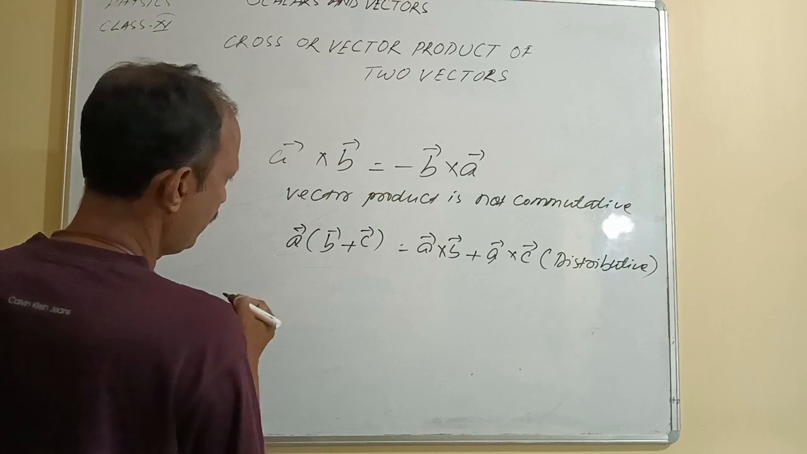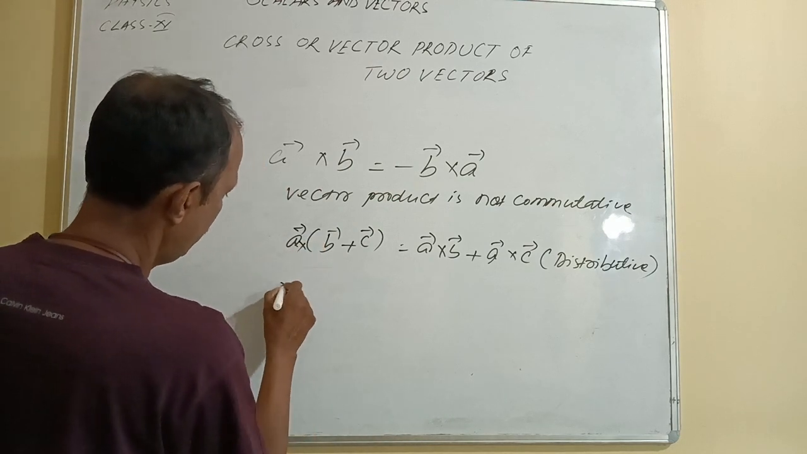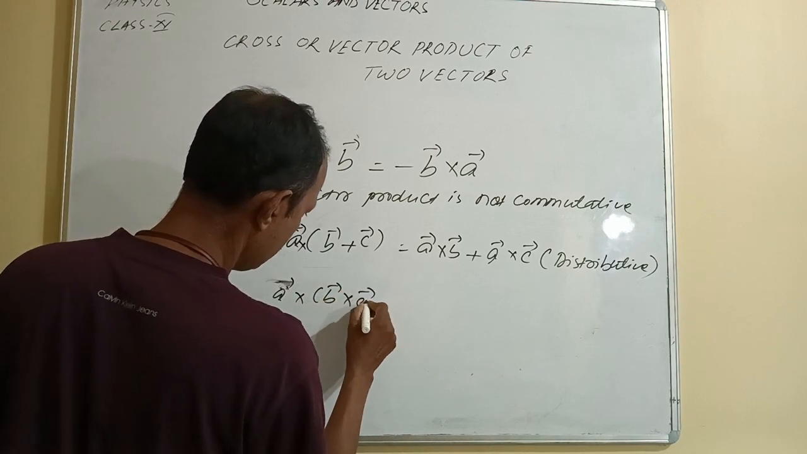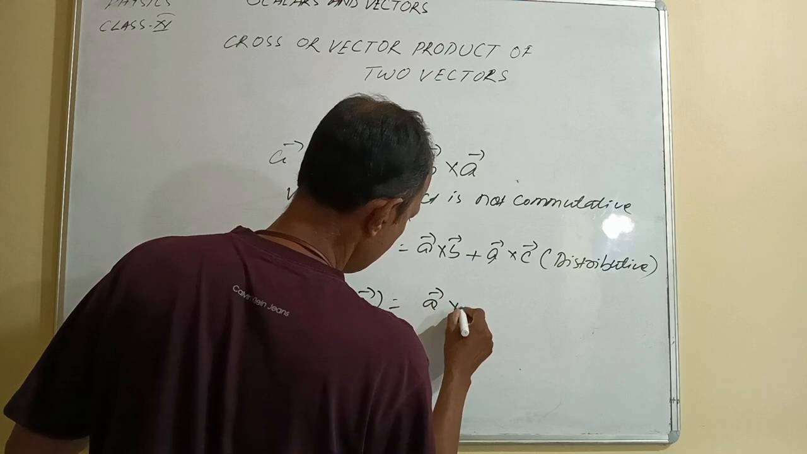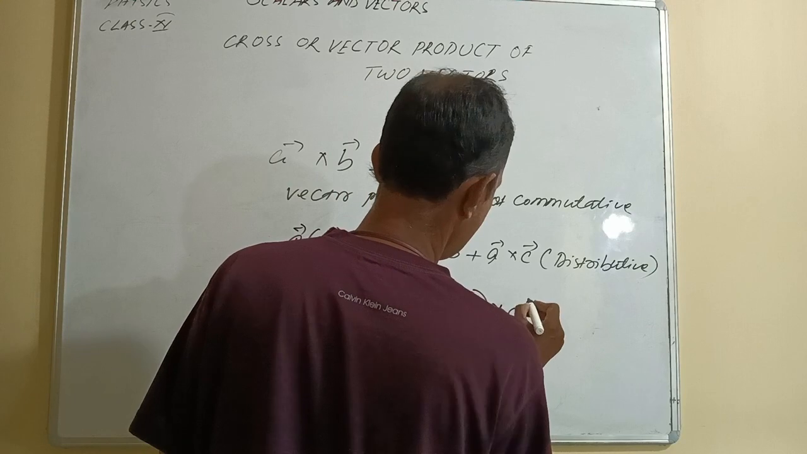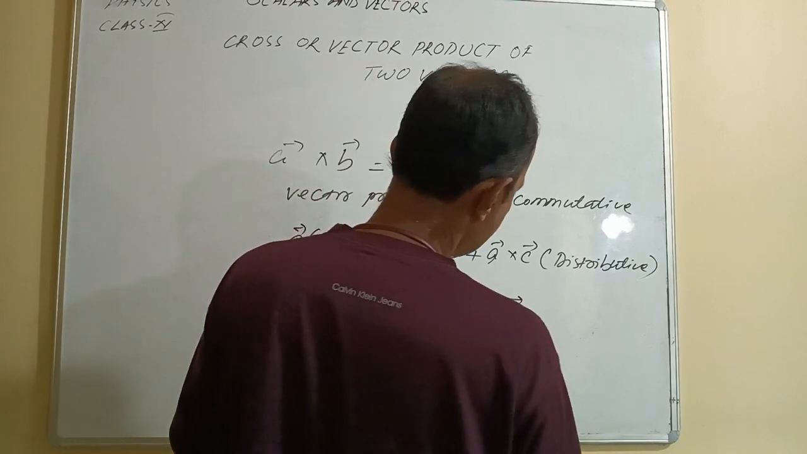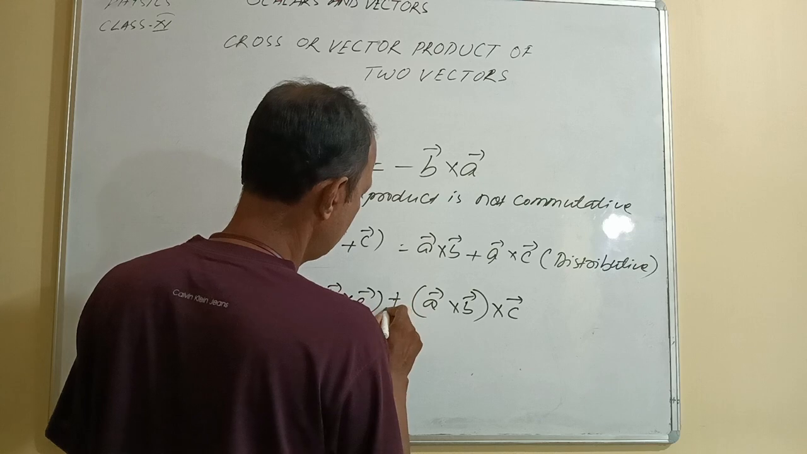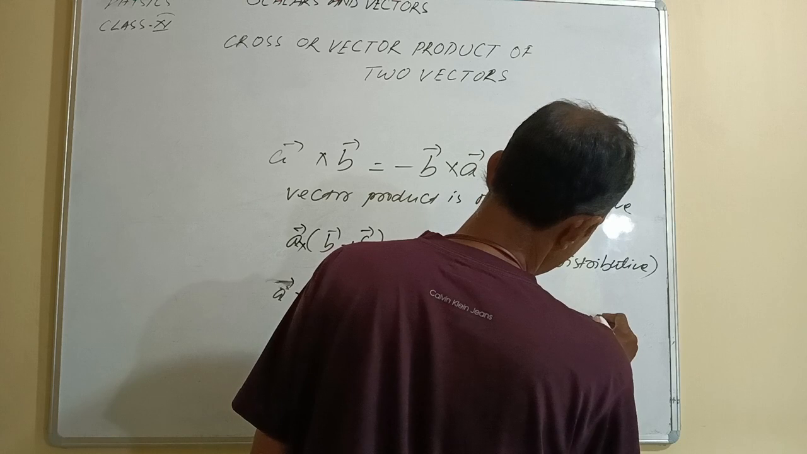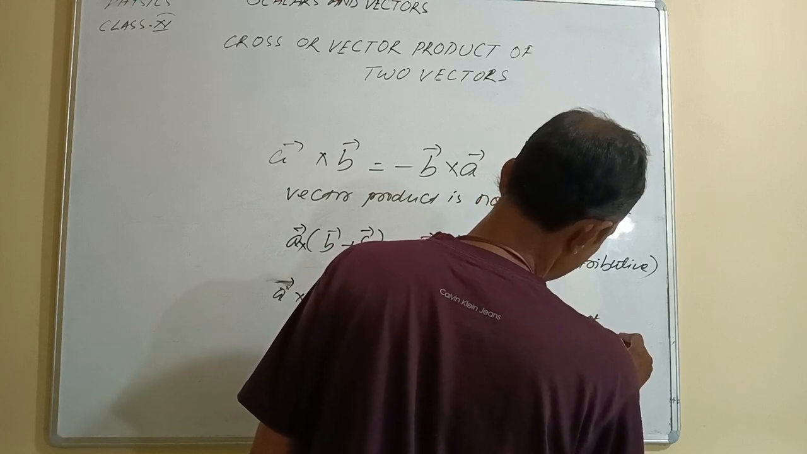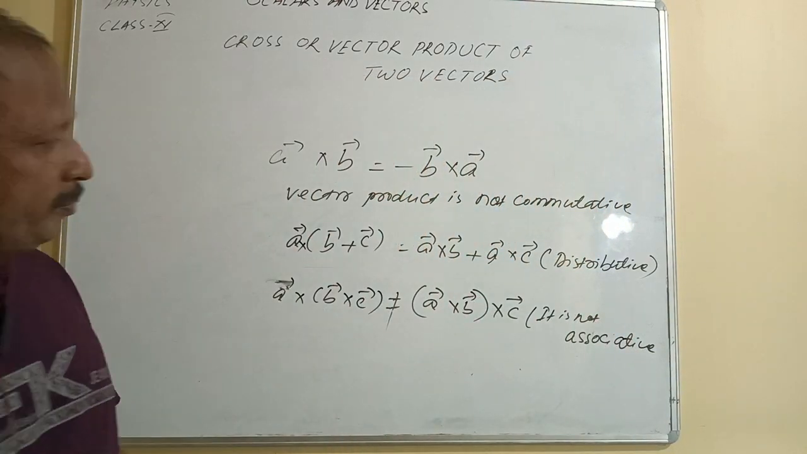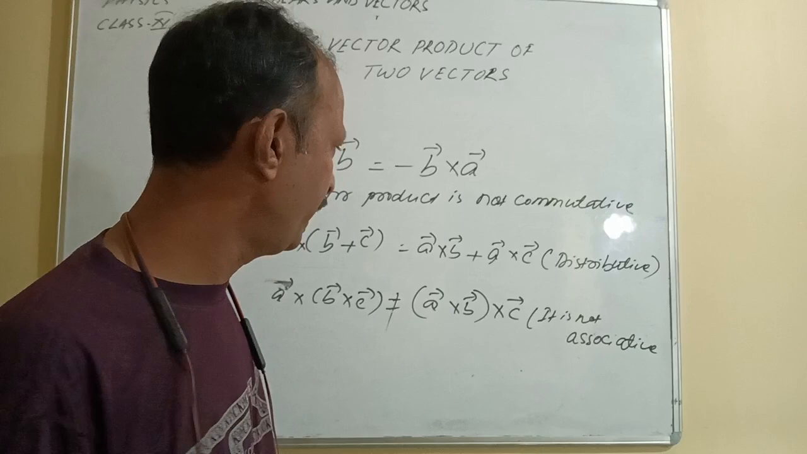Okay, if I write A cross B cross C, that means (A cross B) cross C, this is not equal to A cross (B cross C). That means it is not associative. It is not associative. See here, whenever we choose the coordinate axis,